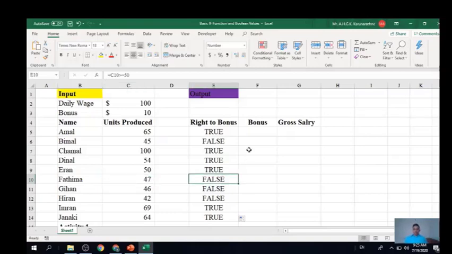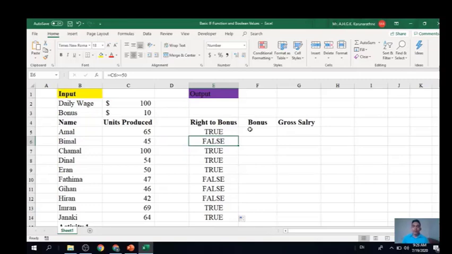Right. Now there's another important and interesting thing with respect to this result. In Boolean operations, logical conditions, we get the result either true or false. And the interesting thing is that true and false have a numerical value. Unlike other words that you type in Excel, true and false have a numerical value. We will see what numerical value is assigned to true. Usually for true, we have a standard numerical value that is 1. And for false, we have a standard numerical value equal to 0.